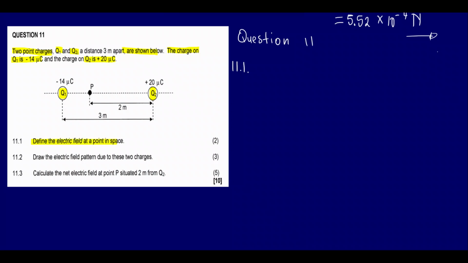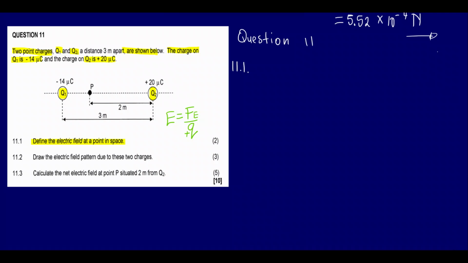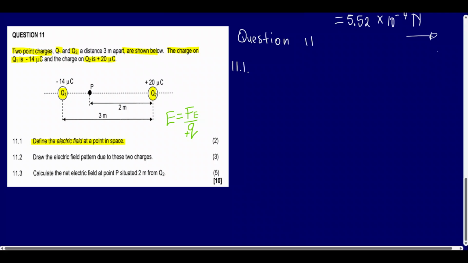The first question just goes straight on to say we have to define the electric field at a point in space. So electric field at a point is usually defined by this formula here. It is the electrostatic force per unit positive charge, so it is the force over the positive charge. So here you'd say that the electric field at a point